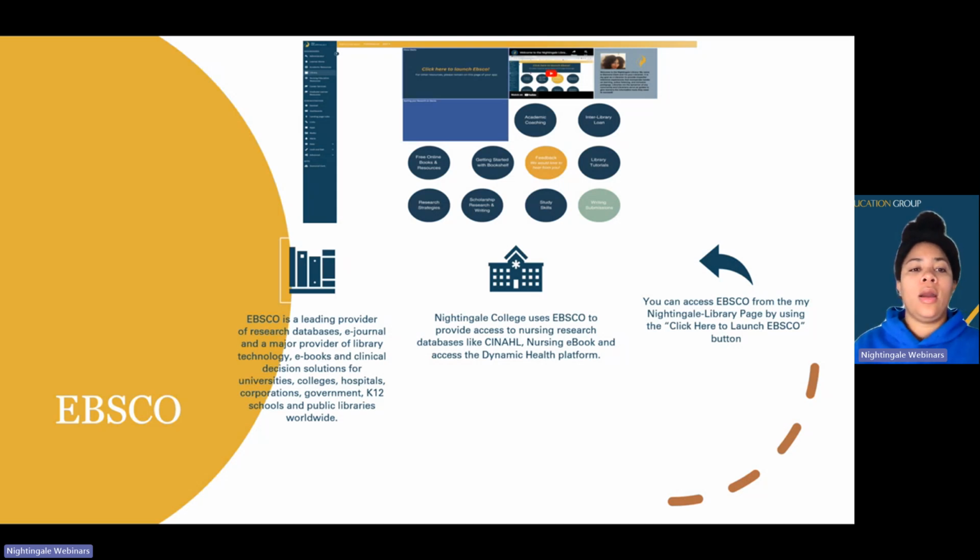And they are the platform or provider that we use to provide access to our databases. So Nightingale College uses EBSCO to provide access to nursing research databases like CINAHL, our nursing ebook access, as well as our dynamic health platform. And then you can access EBSCO from the My Nightingale library page by using the click here to launch EBSCO